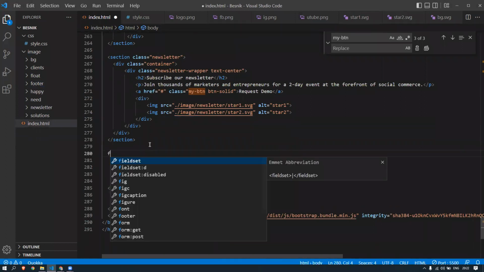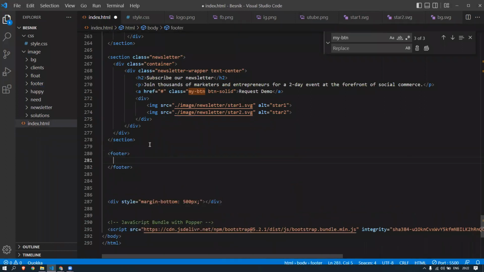So I have a semantic tag for that footer. I'm not going to add any classes. I'm just going to target footer directly, because we're going to have only one footer in the web page. It's going to be the same for every page, so I'm just not going to add any class to it. So dot container,